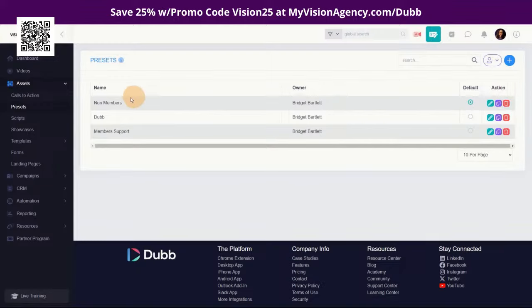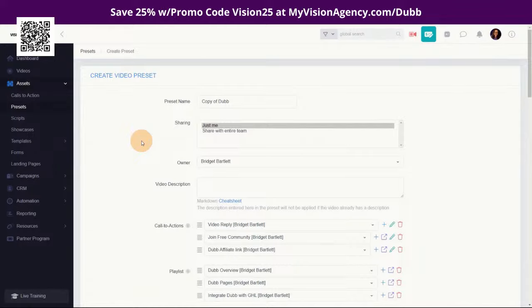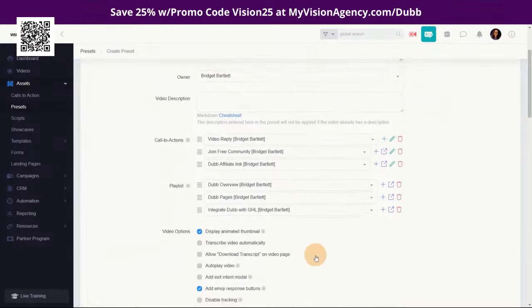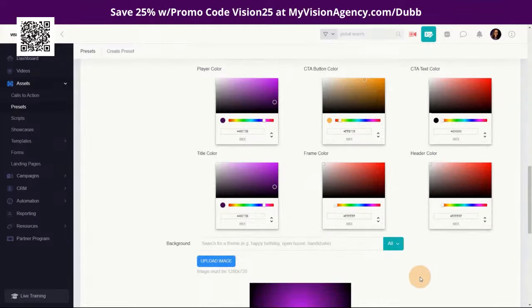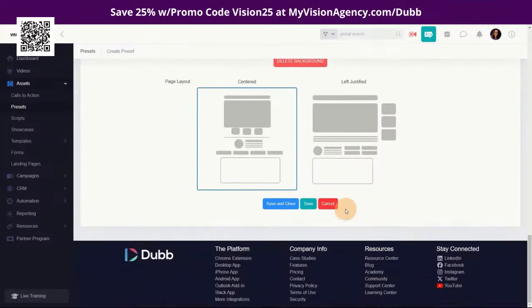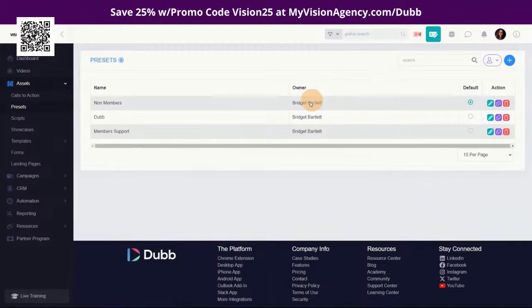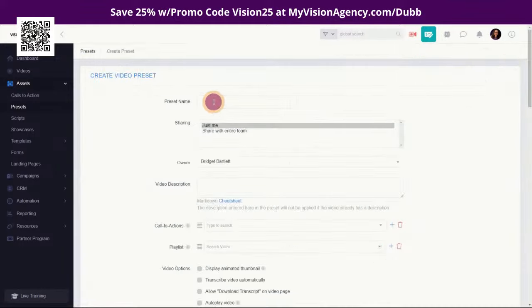Okay. So, of course, we can create this from scratch or we can duplicate one of the other preset pages. So, if I wanted to duplicate this one here, I just do clone, and you can see all of my calls to action and everything are duplicated, all of my colors and all of that. But maybe we don't want to use this. Okay. Maybe we want to use the Hey Levi branding colors. Okay. So let's choose that. And let's say, Hey Levi,